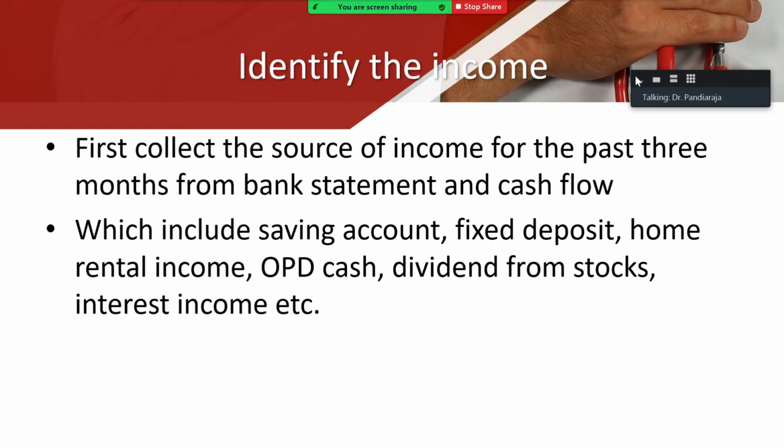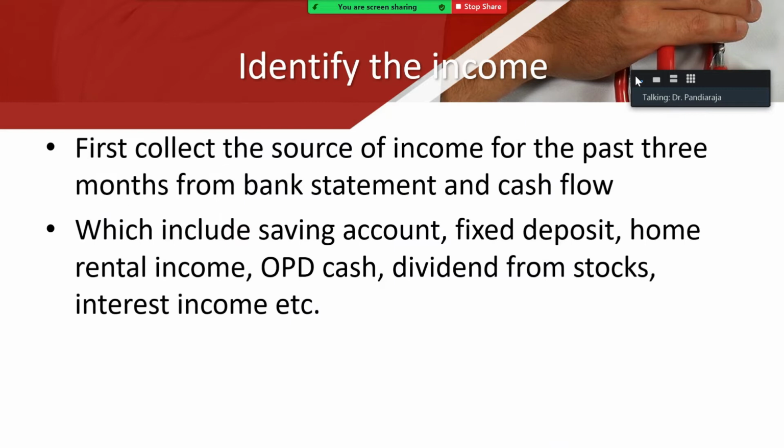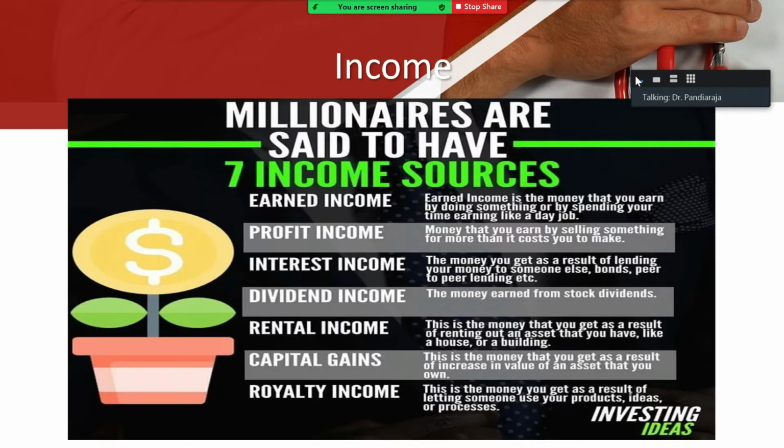The way for attaining financial freedom is to identify your income. People have different sources of income. Income includes your salary, interest from a savings account or fixed deposit. Some people will have rental income, or dividends from stock, or interest income, etc. You calculate the entire source of income. Even your surplus fund or incentive also comes under income.